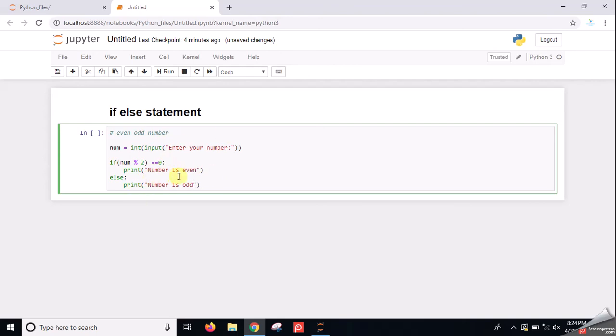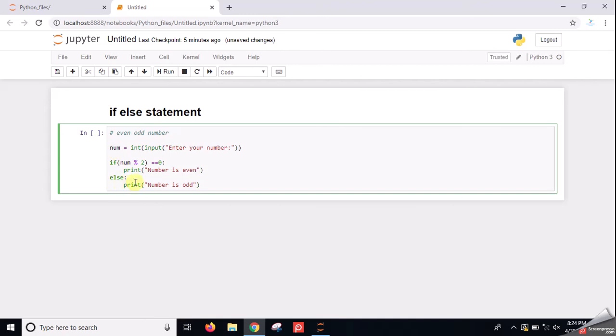So this is the program to find out whether the entered number is even or odd. Here one thing you have to notice, which is very very important, is that the print statement inside the if or the else part should be indented towards the right side. It should not come aligned with the if.